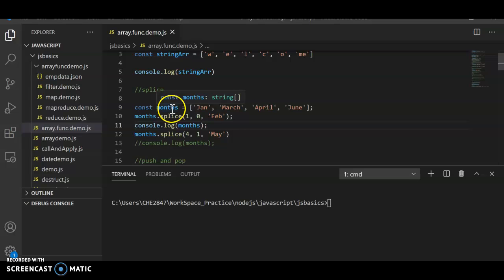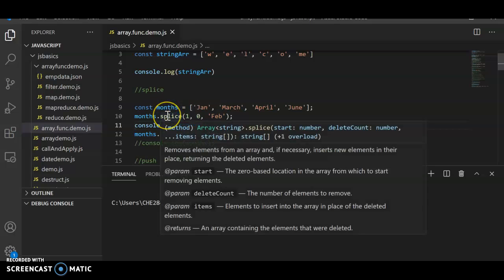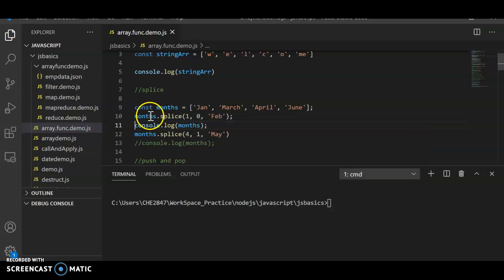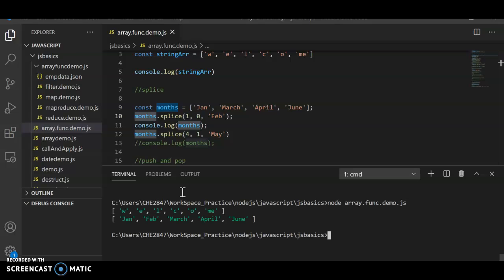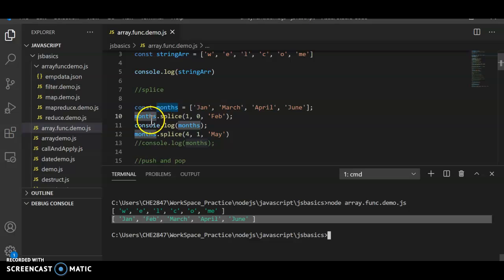It's going to update the existing array, so you can print the value of months directly. You see here the updated array of months. It actually mutates, that means it modifies, the existing array. That's why it's printing the updated array: Jan, Feb, March, April, and June.